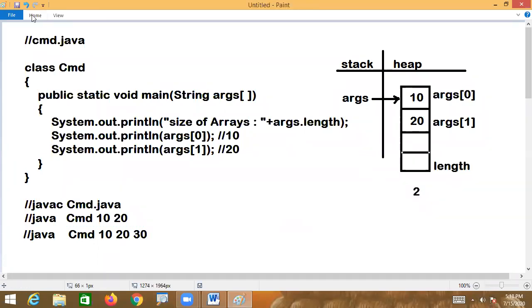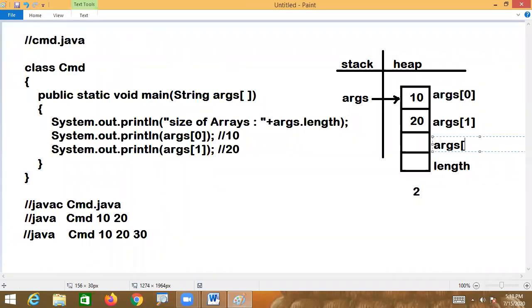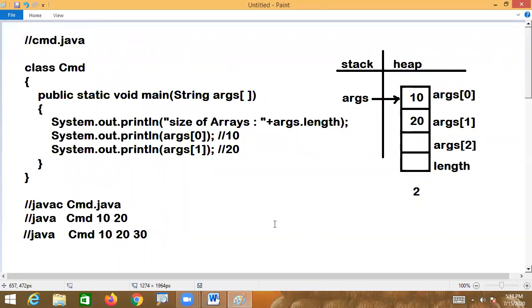Then one more block is created, args of 2, and the third element will be stored at args of 2. The length, the total number of elements, is 3. As long as you pass values through the command line, the size of the args array is automatically expanded.